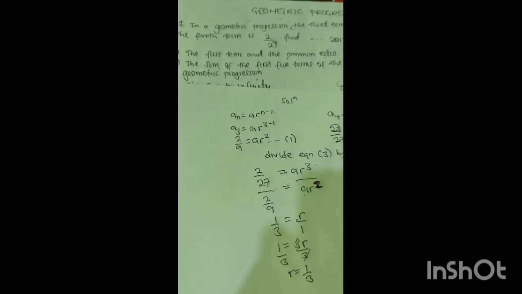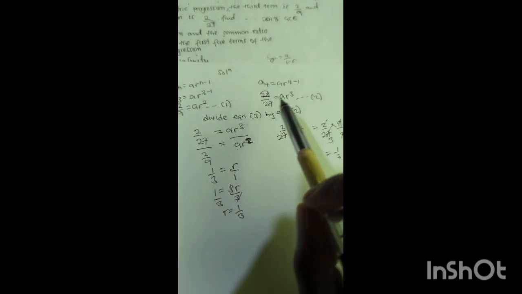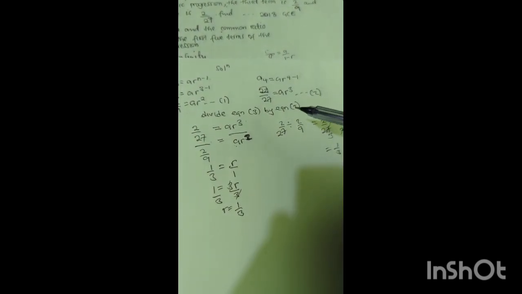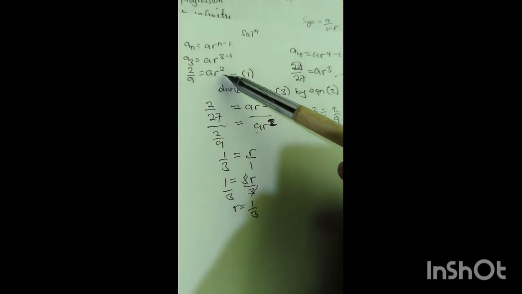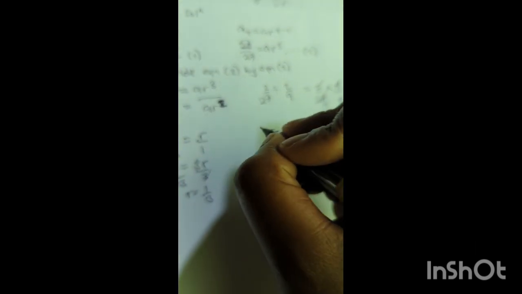So we found r. Find the first term and the common ratio. Remember we're solving these two equations. When you find the value of r, you now go to the one with the lowest power. From the two equations you made, this one has a power of 3 and this one has a power of 2. You pick the one that has the smallest power so that you don't have difficulties, and you substitute the value found. So from equation 1,